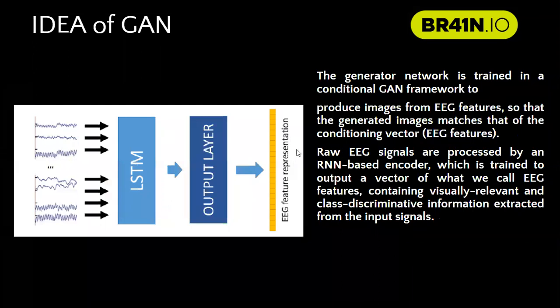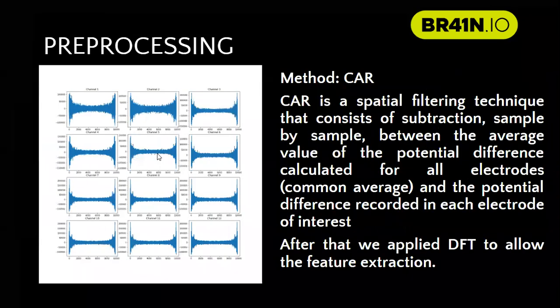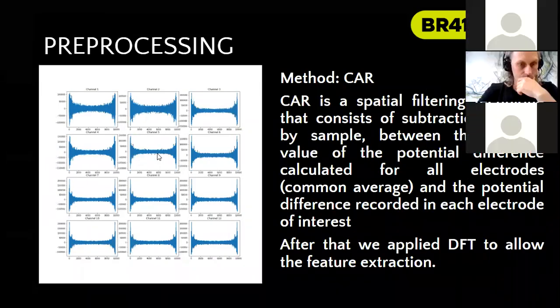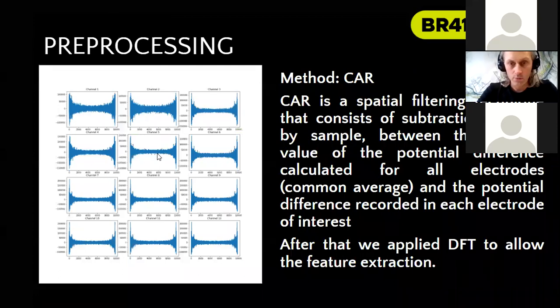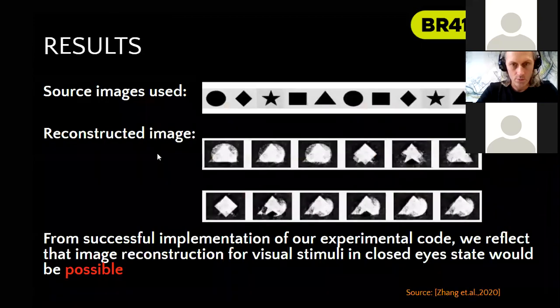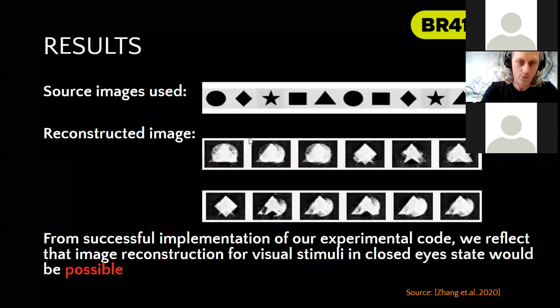Here the similar workflow is there. In pre-processing, we use CAR, which is a spatial filtering technique. We also try to do emotion recognition from the person who is dreaming. Here we referred to one paper, as we tried to find the earlier work in this direction. There is a lot of work done in this direction.